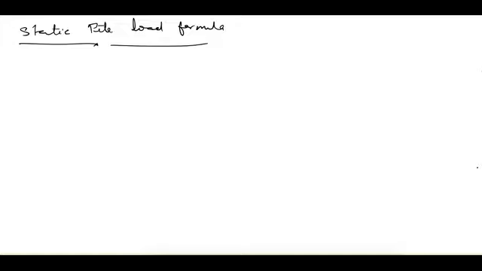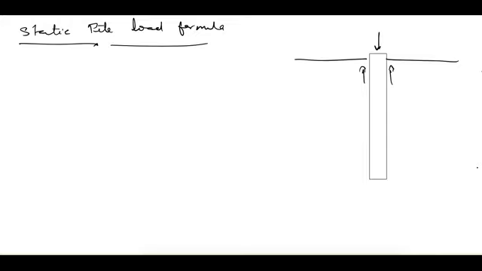So when we apply some load on a pile, say this is our pile, there are two ways in which this pile can counter this load, or it can take this load, that is the frictional resistance on the side of the pile and the end bearing capacity or the end bearing resistance. So let's see the process in which this resistance is mobilized.